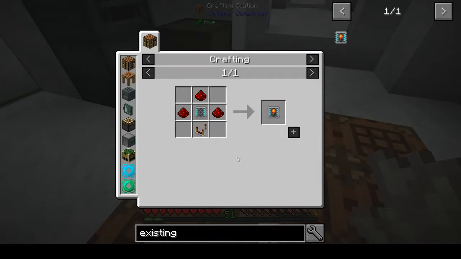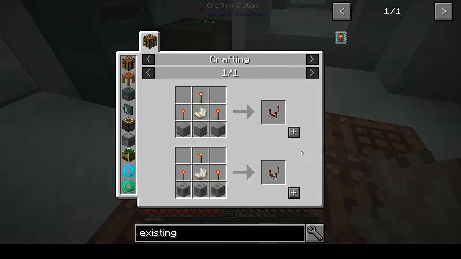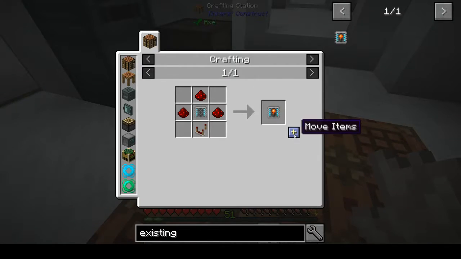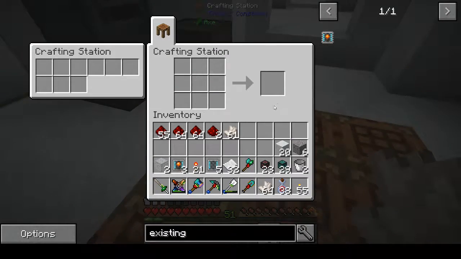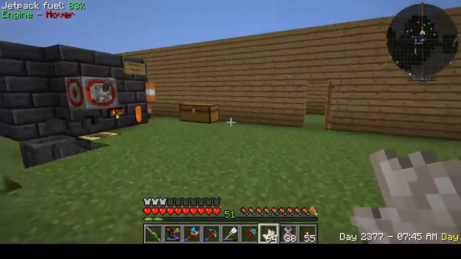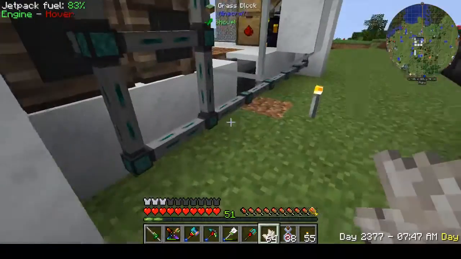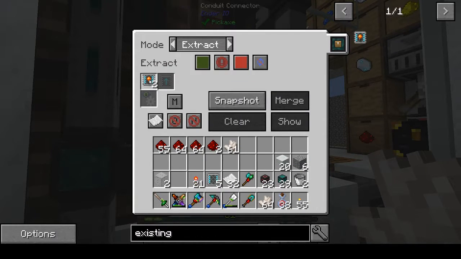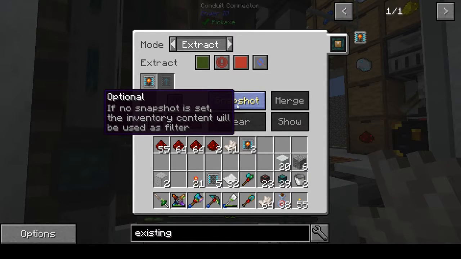So, did I make the... There's 3. There. That's enough to start with to show you guys how this works. So you go into here and you drop in an existing item filter. Boom. When you hit snapshot,